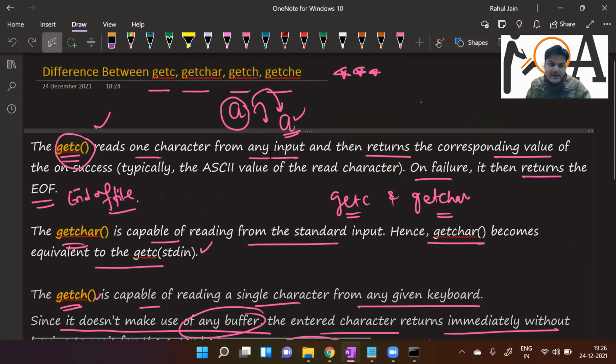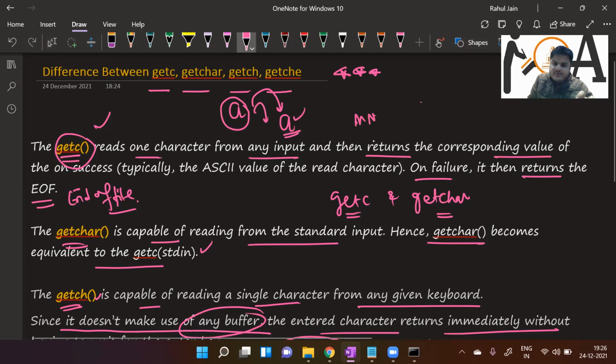These are very, very important and useful functions for C programming. If you are reading about console input output functions, it is going to be very useful. This kind of question you may face in your MNC interviews, technical interviews, programming interviews, and even PhD interviews, because if they want to judge your programming skills, these kinds of concepts are very important. I hope the minute differences between getc, getchar, getch, and getche are very clear to all of you.